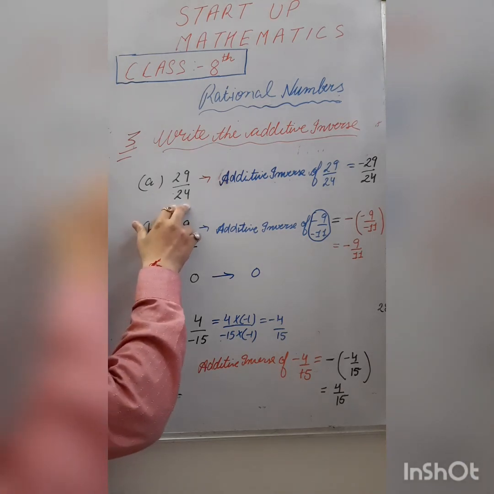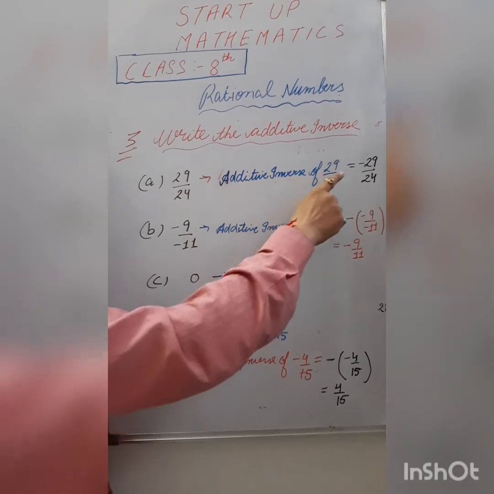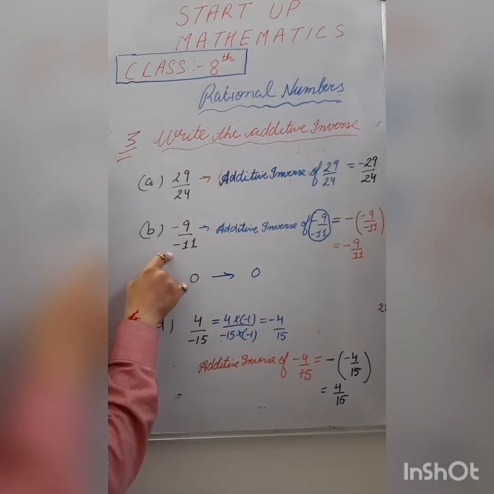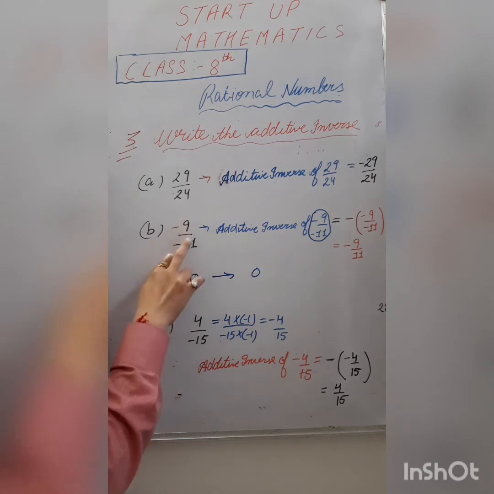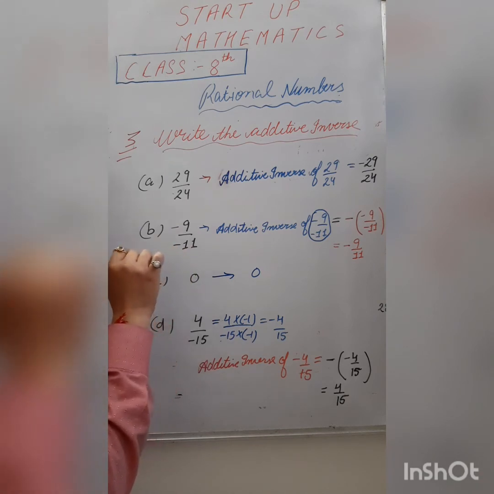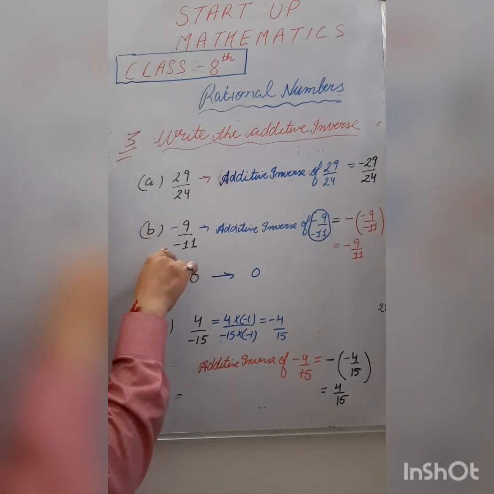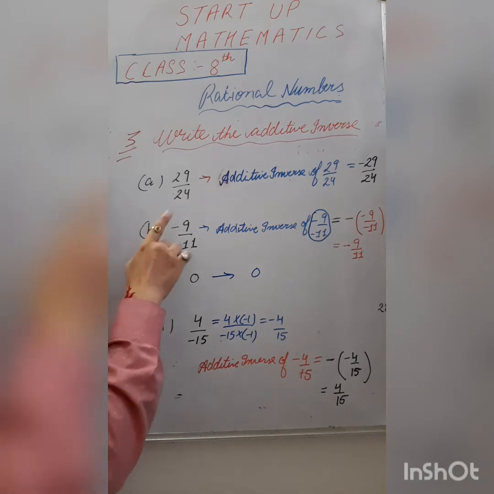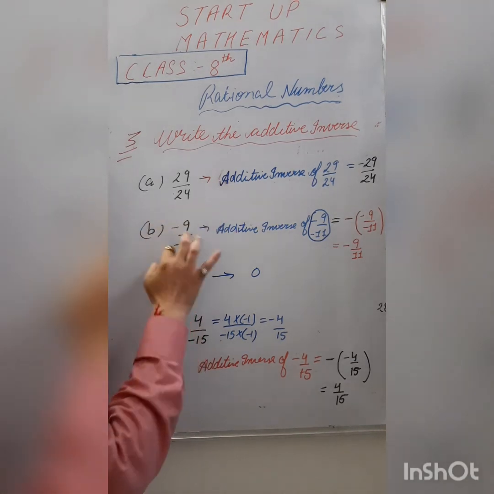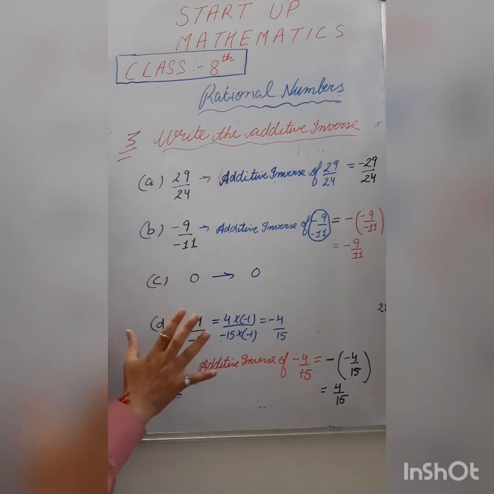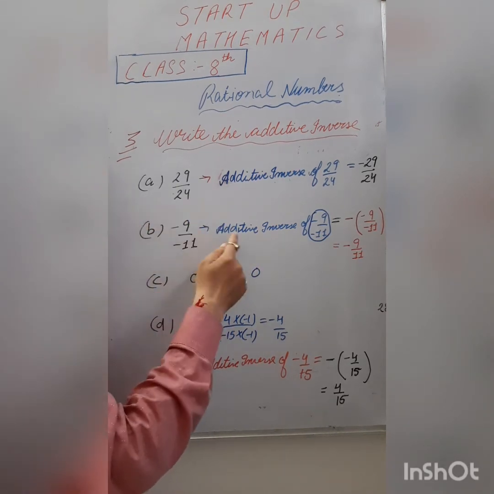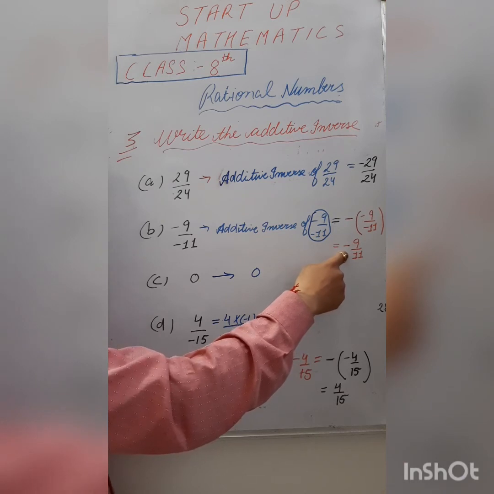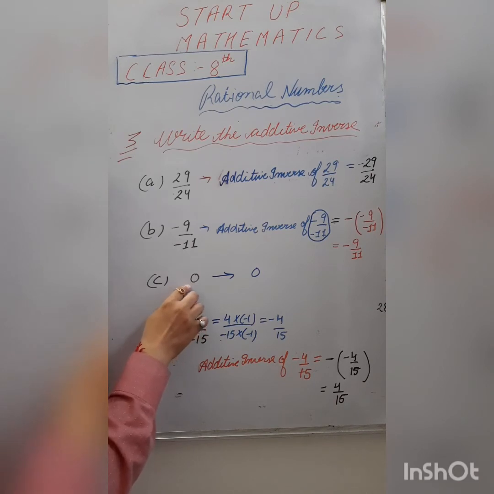So this is a positive rational number. In this case, it is very easy. Just reverse its sign. In the case of the two negative integers of a rational number, if the numerator and the denominator have the same sign, they both cancel out. यानी कि ये नंबर जो हमारा है that is always positive. और positive नंबर का additive inverse क्या होगा? That is a negative of a number, right? And zero का additive inverse is zero because zero is neither negative nor positive.